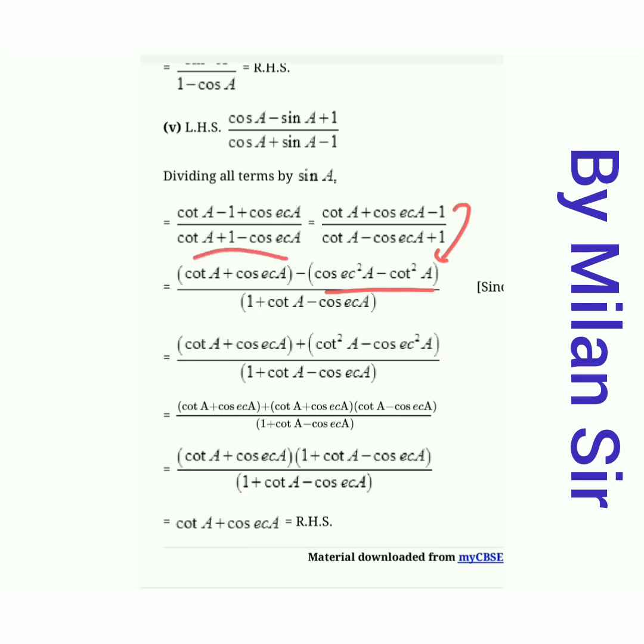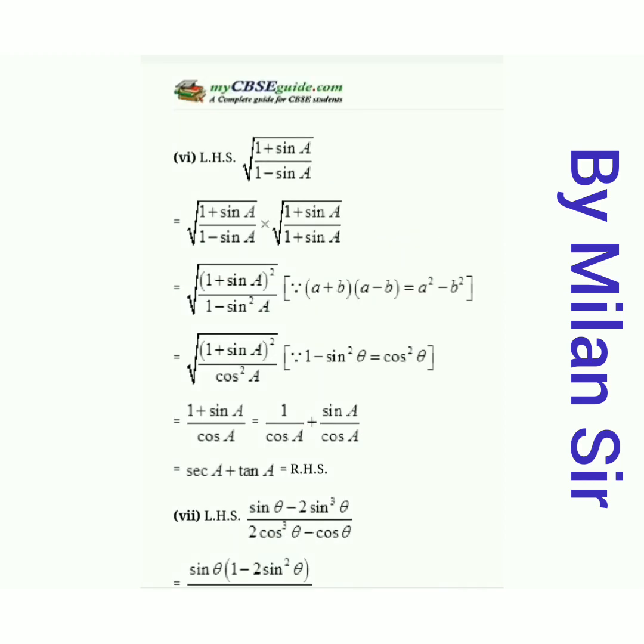Then our 1 bracket, that means this bracket is common, right? So cot A plus cosec A is common, and in the first bracket nothing is remaining, that's why we write 1 here. In the second term only the second bracket is there because the first bracket we already took common, right? So minus minus plus cot A and plus minus minus cosec A. Now this bracket and the denominator are same, so we can cut it. Finally we get cot A plus cosec A. Okay, hence proved.